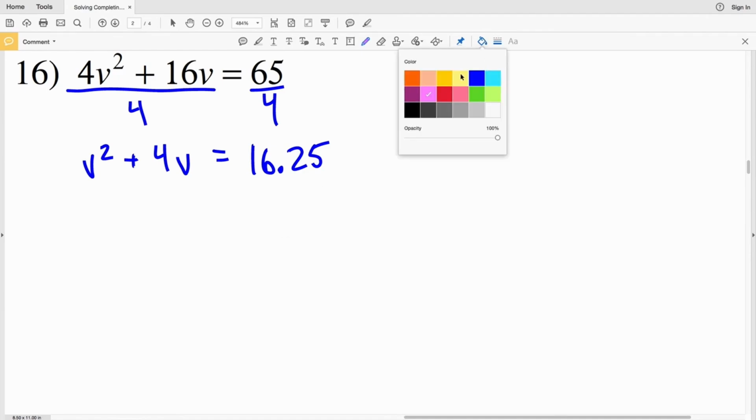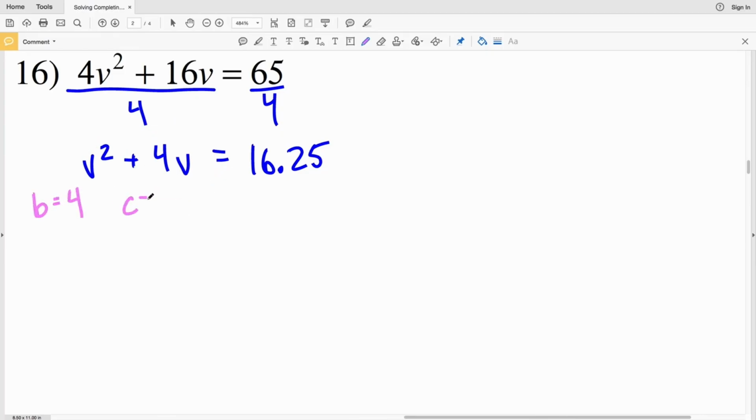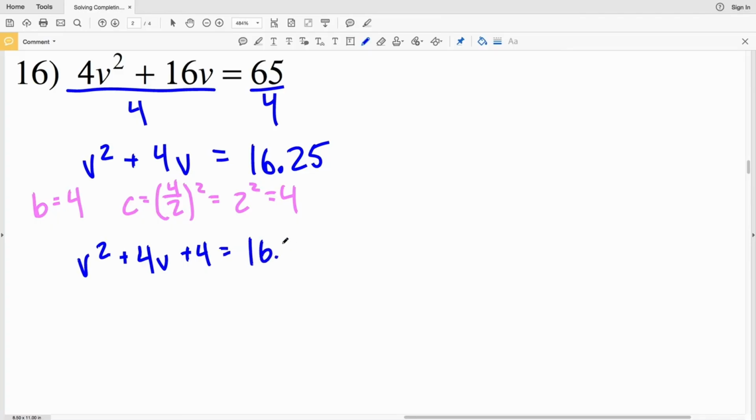Now I need to complete the square on my left-hand side. So my b value is equal to positive 4, and my c value will be equal to 4 over 2 squared, which is 2 squared, since 4 divided by 2 is 2, and 2 squared will equal 4. So when I'm adding c to both sides, I'll be adding 4. v squared plus 4v plus 4 equals 16.25 plus 4. a squared plus 2ab plus b squared will be v plus 2 squared. And that's equal to 16.25 plus 4, which is